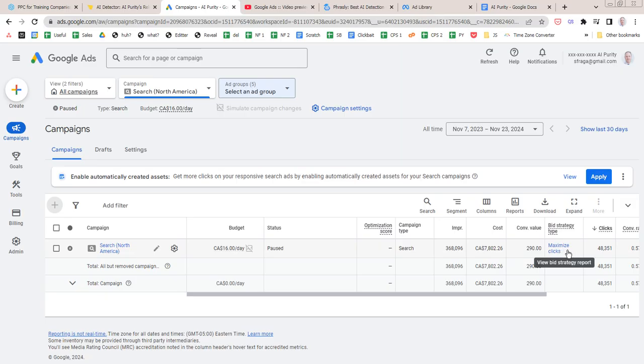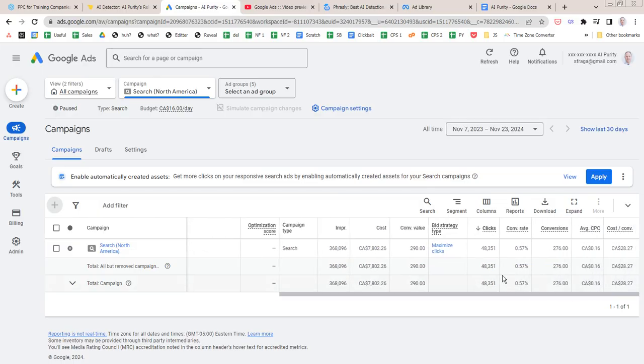So you've had enough conversions, sort of, I guess. I don't know how valuable that file download is. But maximize clicks is what it sounds like. It's going to get you the maximum number of clicks, regardless of whether or not they produce money for you. So if you have enough conversions, which again is unclear, I would change this to a maximize conversions strategy. And then eventually you want to go to target ROAS, return on ad spend, once you figure out that you actually have a winning formula.